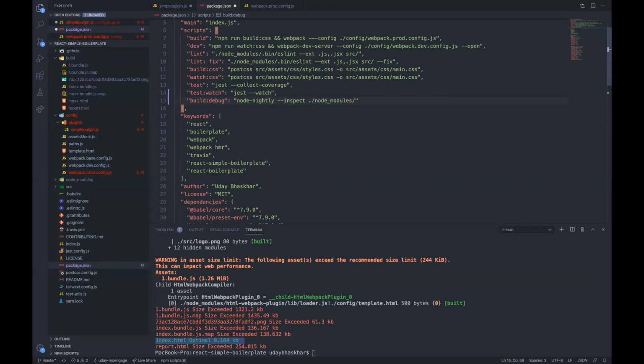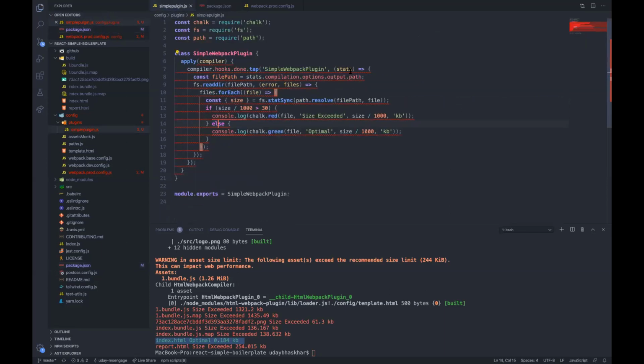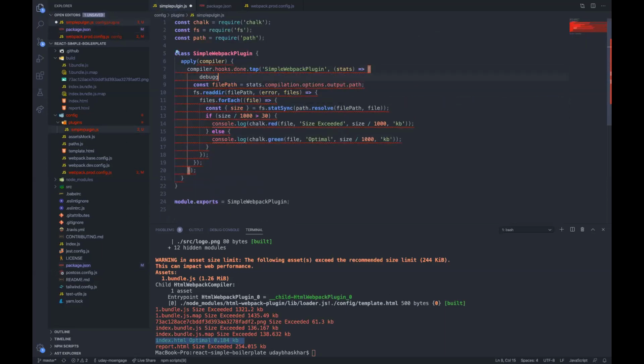I need to give the exact path of Webpack because my Node Nightly doesn't take that otherwise. Webpack bin webpack.js, and I will give a config, okay, I'll just give this config, and if I just want to debug this hook, I'll just put a simple debugger.